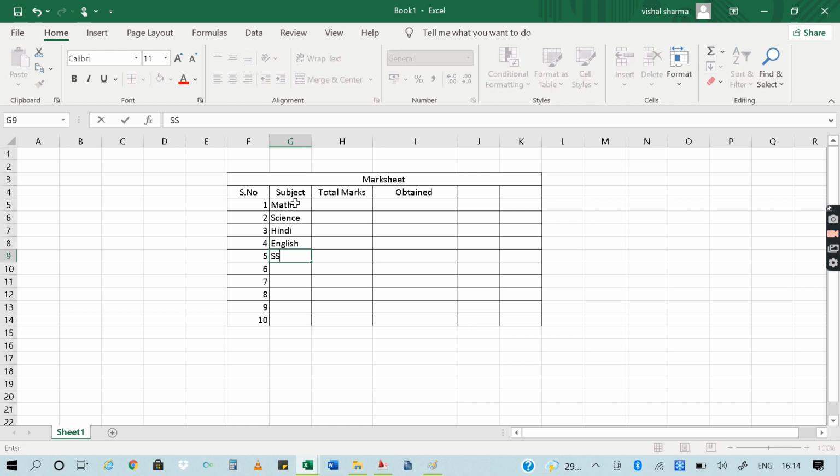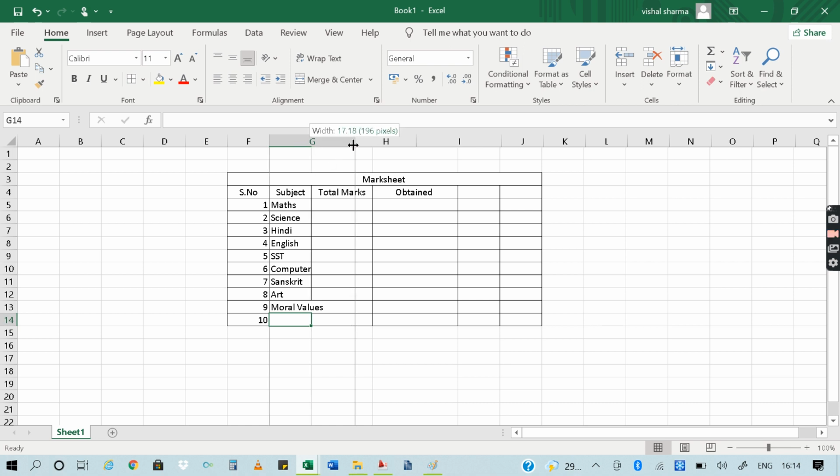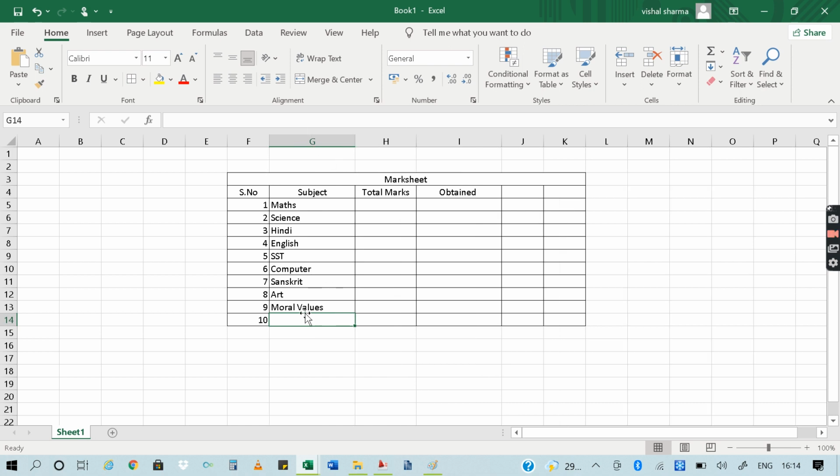Okay, SST, computer, Sanskrit, art and moral values, and any other subject if any left. So you can enter, suppose, GK. Yes, GK. Okay, so these are several.